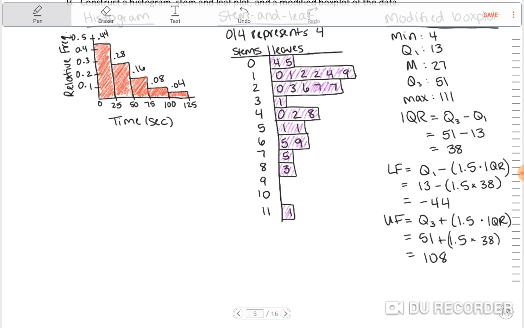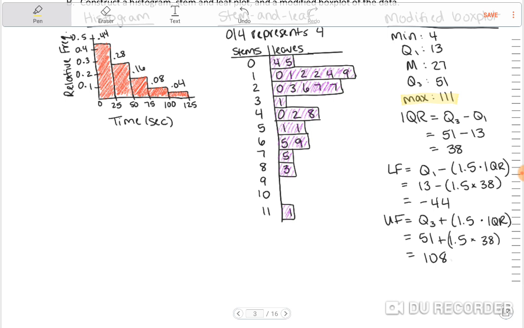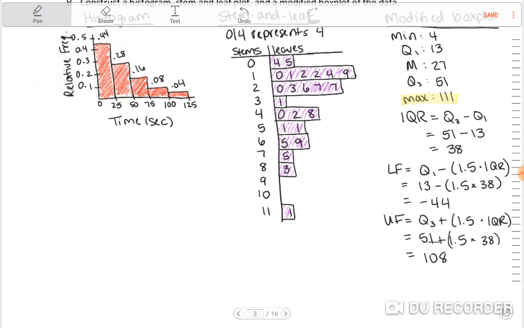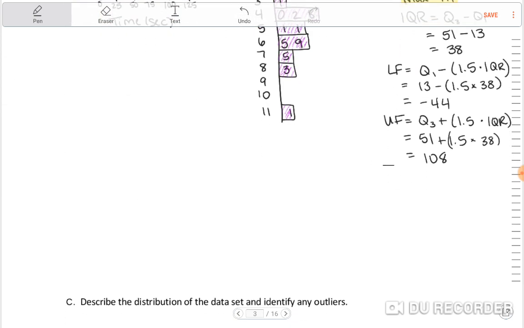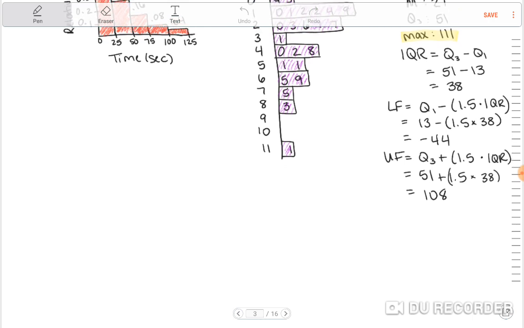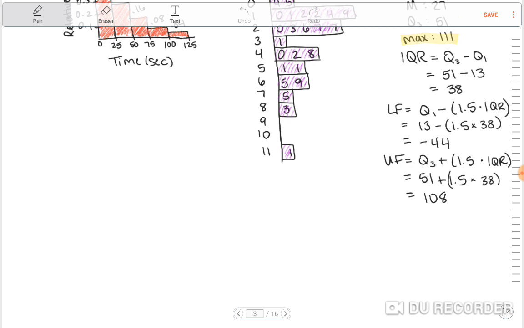Now if you look at our maximum value, you see that? The maximum here is 111. That is above my fence. So I'm going to do a quick demonstration here. Okay, so here are your fences. Actually, I'll show you when I draw our fences, and I'll show you how we do an outlier. Now, since 111 is an outlier,